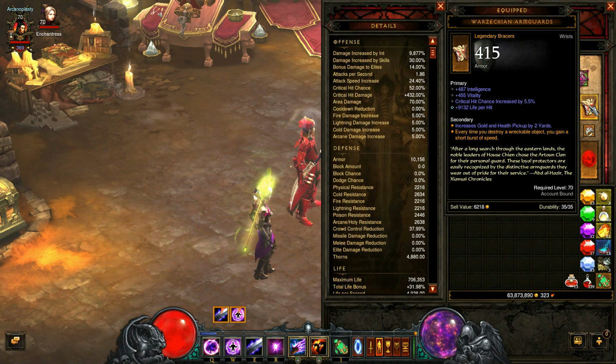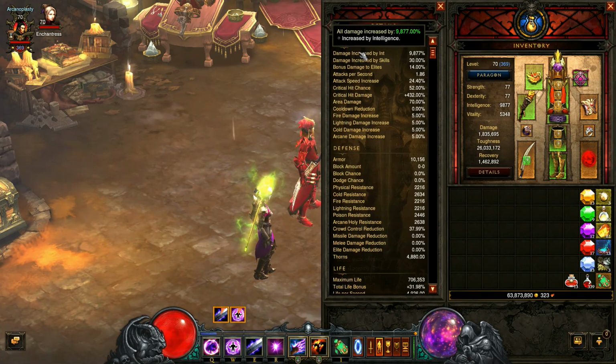Every time you destroy a wreckable object, you gain a short burst of speed. That does help for farming or getting around a little quicker. So if you see a barrel, you just zap it and then run off for 1 or 2 seconds. Anyway,